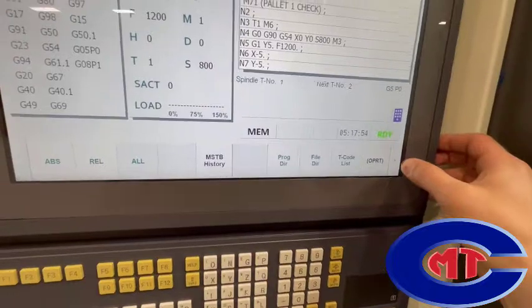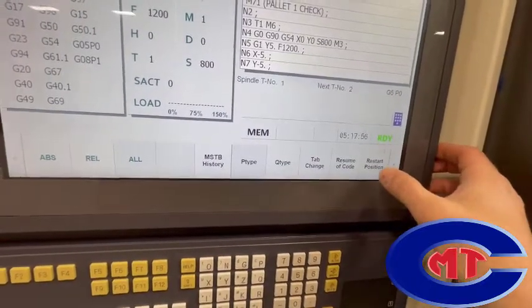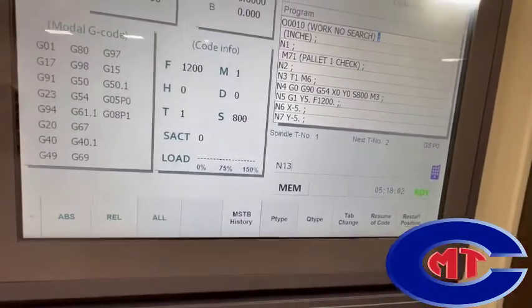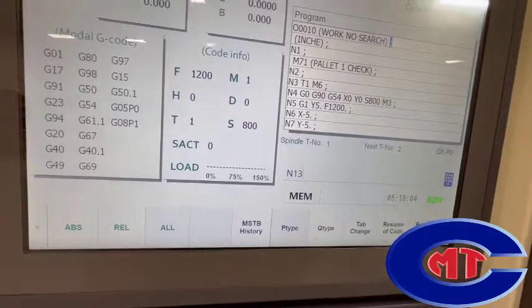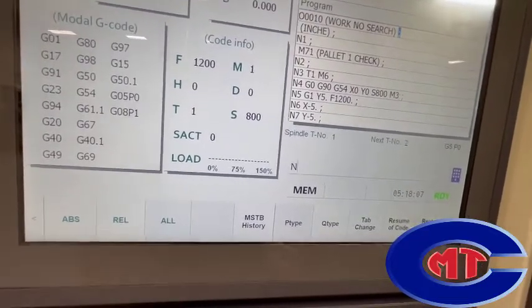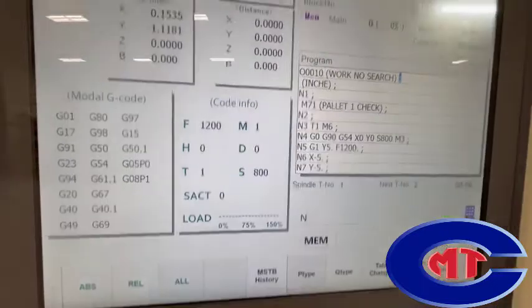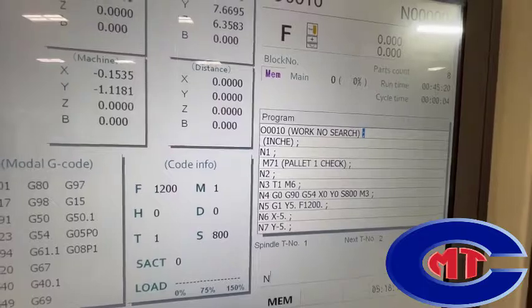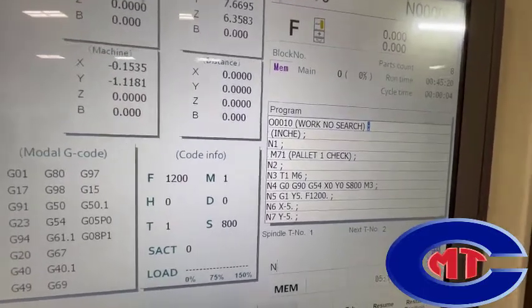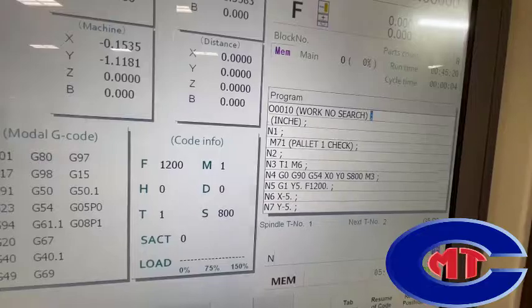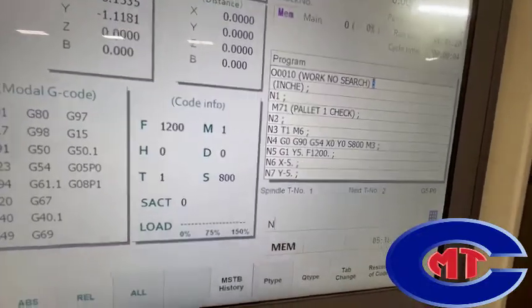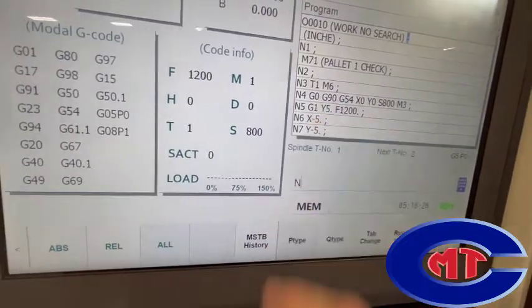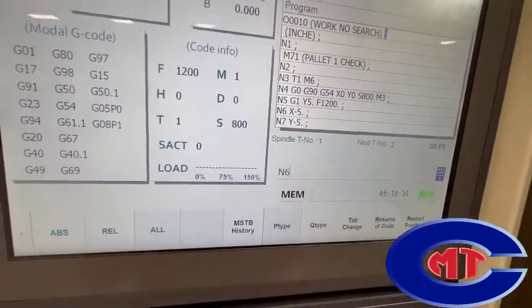Now up here, I'll have my selections available to do the program restarts. So I need to select my position by pressing restart position. This is where you want to restart in the program. I think it's easiest if you label it with N numbers if you want to start from a specific spot. Otherwise, take note of the block number where it was at when you stopped the program before you actually hit that restart button, and that would be the B number that you would start on if you wanted to continue on with the restart function. And in this case, we're just going to use N so that I can visually show you that it's going to jump to here in the program. So N6, Q type,